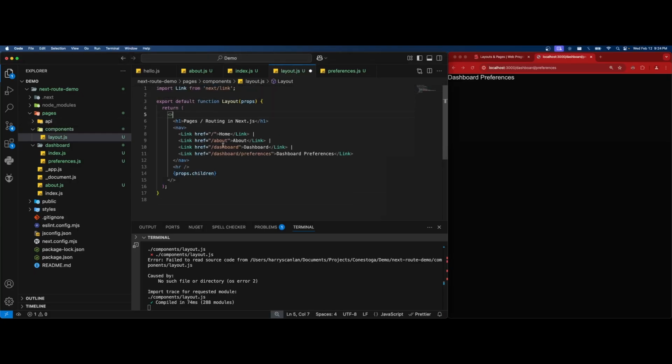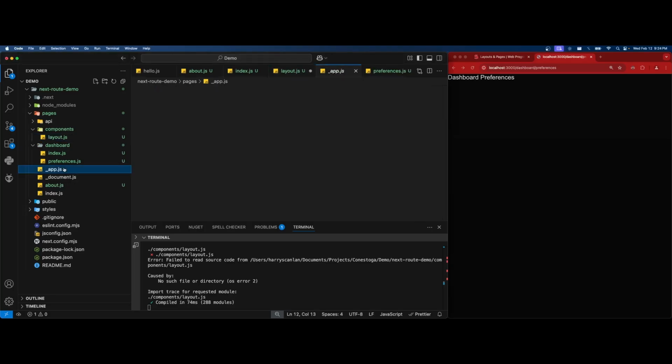Basically, this is going to give us a nav bar at the top of the page and then anything else that's related to the page. But we're not quite done. We basically have to modify our entire program to accept these components. So our entire program actually runs in this underscore app.js, which runs every time our site starts. And we're going to import our component, which should be import layout